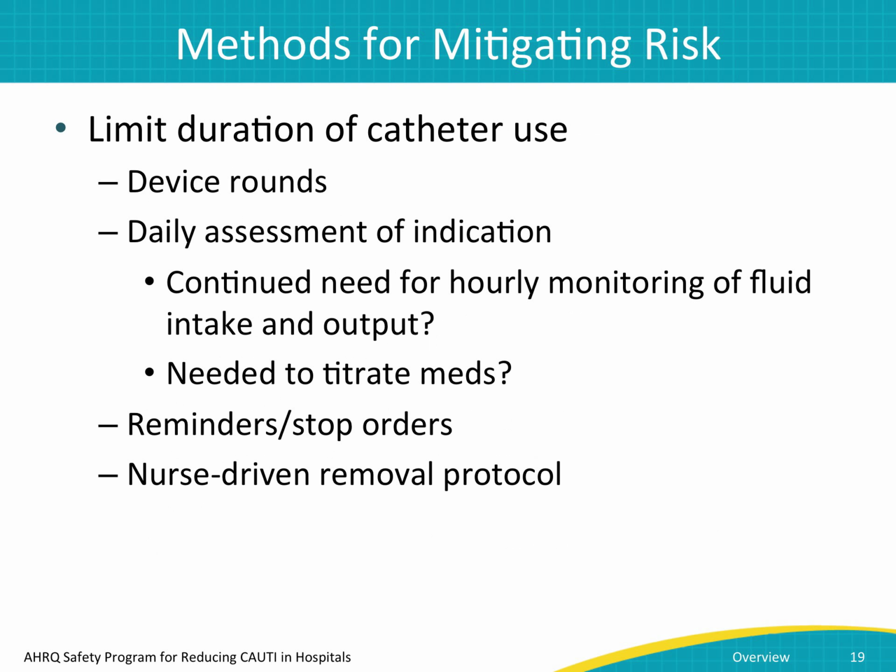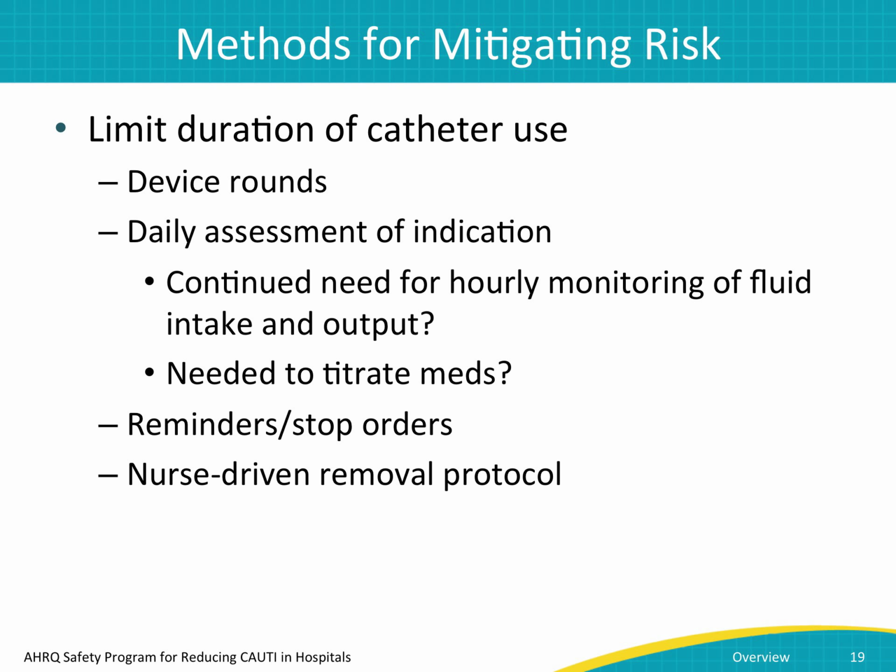Another obvious way to limit CAUTI risk is to limit the length of time a urinary catheter is indwelling. How can you do this? One easy way is through device rounds so that you do a daily assessment of indication. Automatic reminders and stop orders are ways to remind physicians to discontinue the catheter if no longer needed or to reorder it. These practices keep the length of catheter use to a minimum. Another way is to implement a nurse-driven removal protocol. Many hospitals have adopted protocols that permit the nurse to remove the catheter without a specific order if a patient